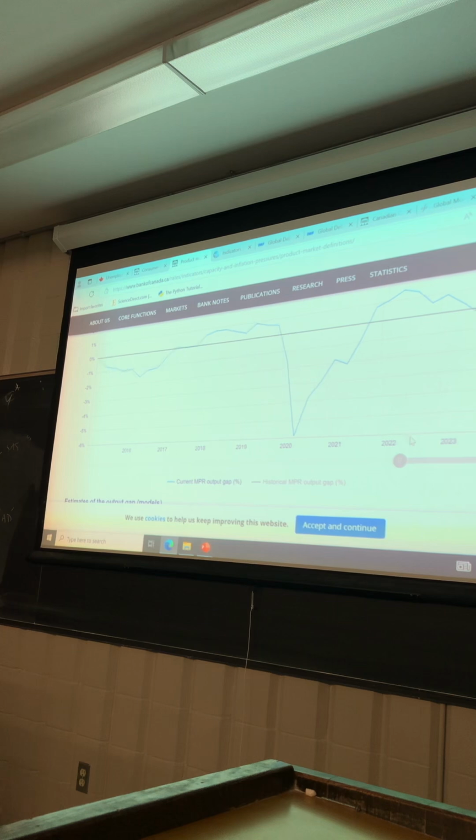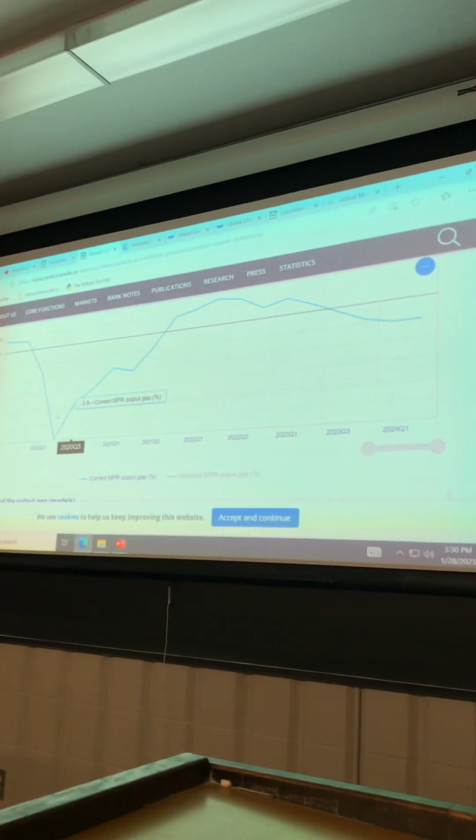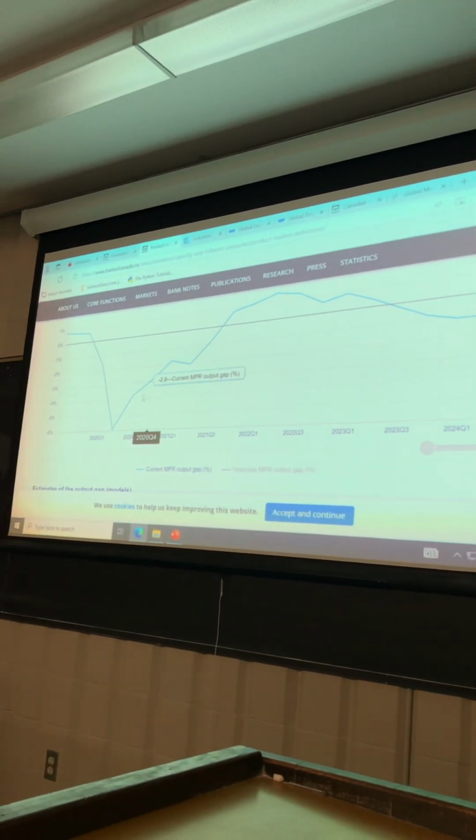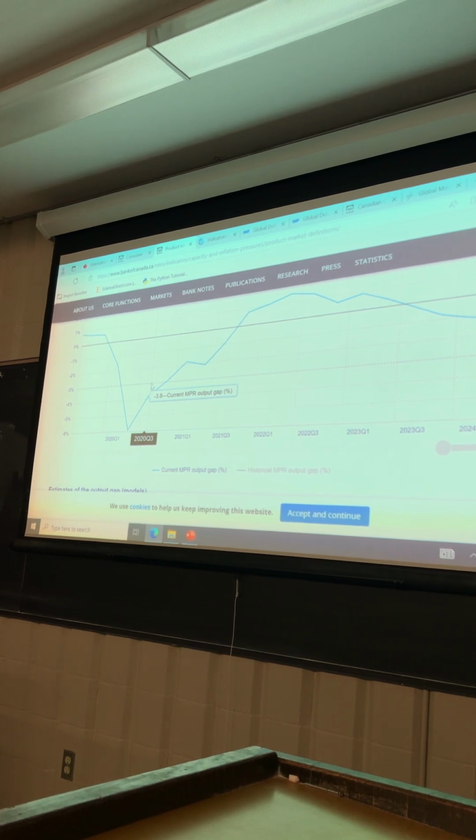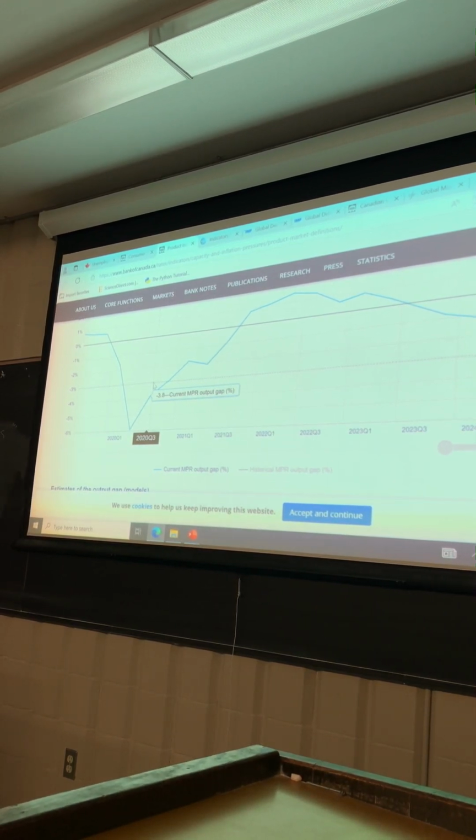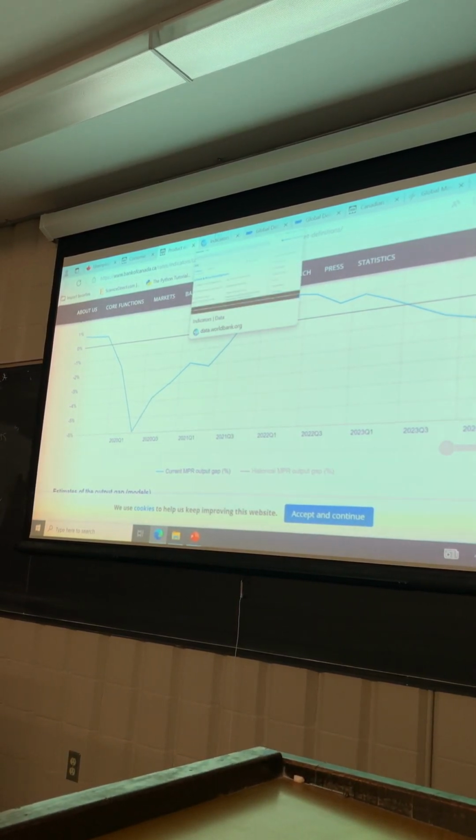Focus on this period here. This is during COVID, right? We have a large negative output gap. How do we fight it? Fight it with expansionary policy. Expansionary policy, monetary policy would be,